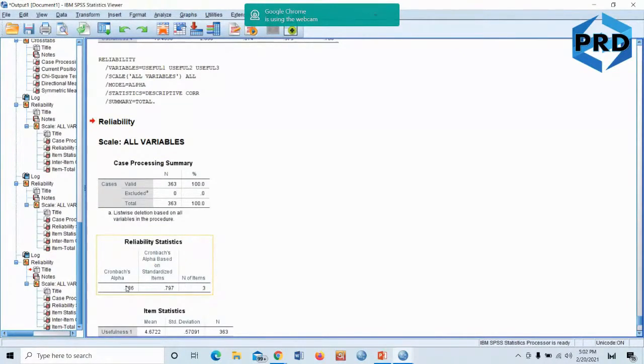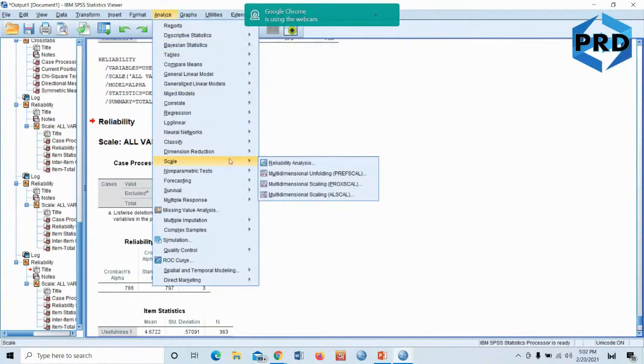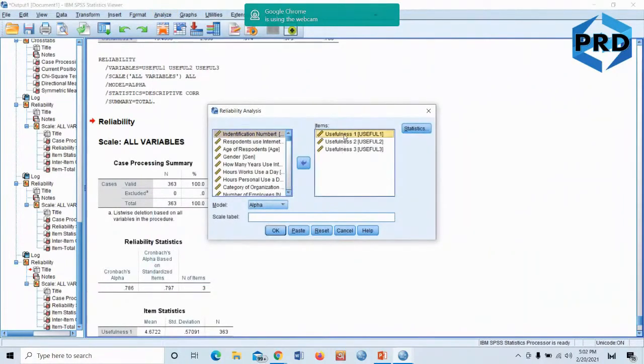So that's how we do it. As we go on, because I'll be having a few more sessions, I'll give you data whereby reliability will be very low, and then we'll keep dropping items to make sure the reliability is acceptable. It has to be more than 0.7 at least. For a PhD it is more than 0.8. Now I go again, we test another variable. Scale, I go to reliability, then I take out all these, and the next variable is basically ease of use. So I go to ease of use. I choose the 4 items that this researcher has. I put them in here.